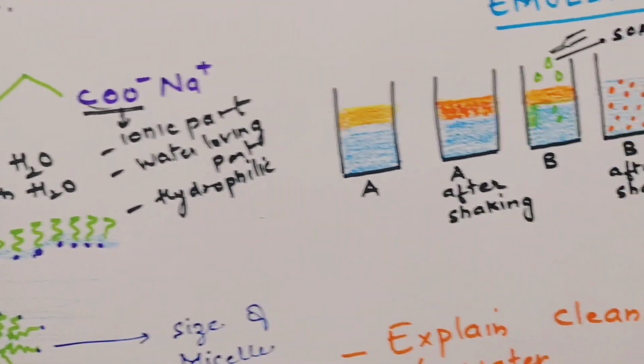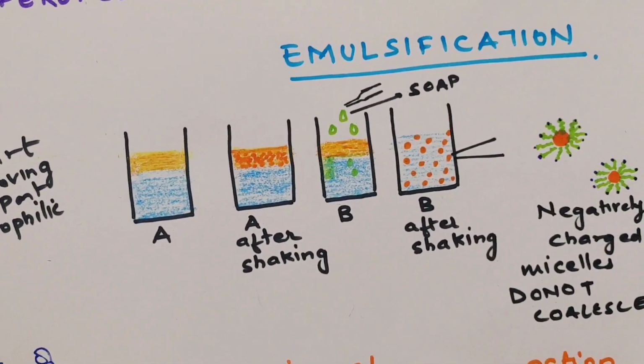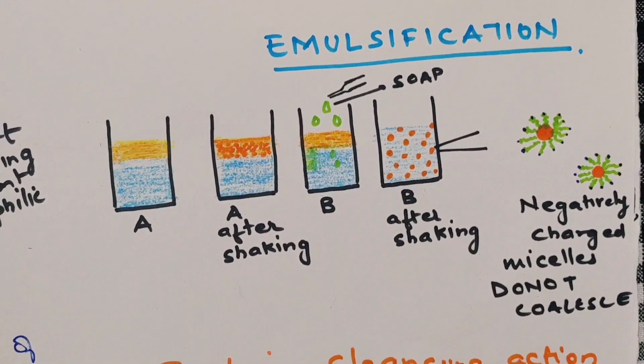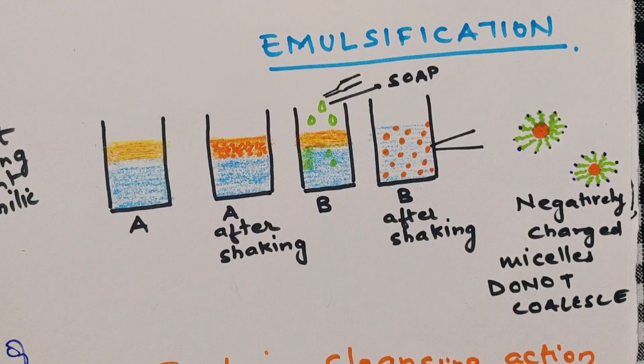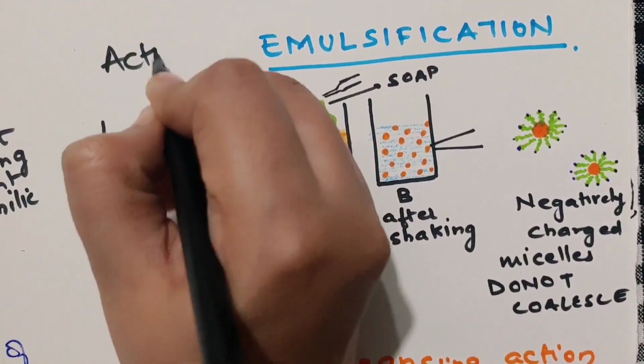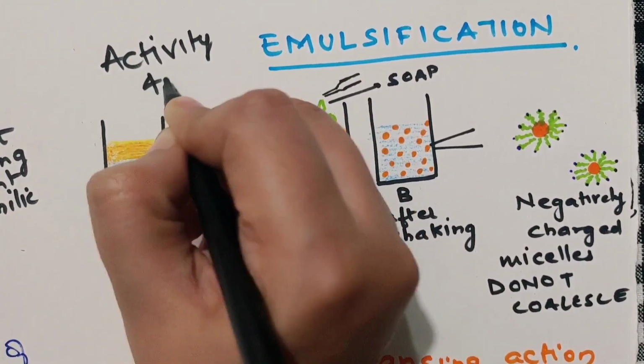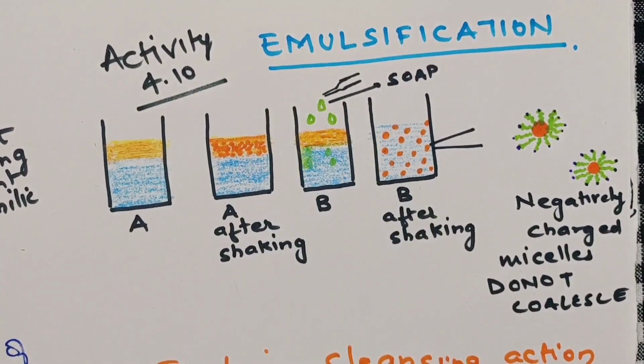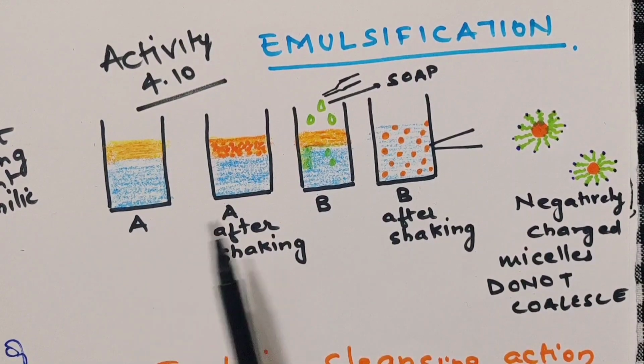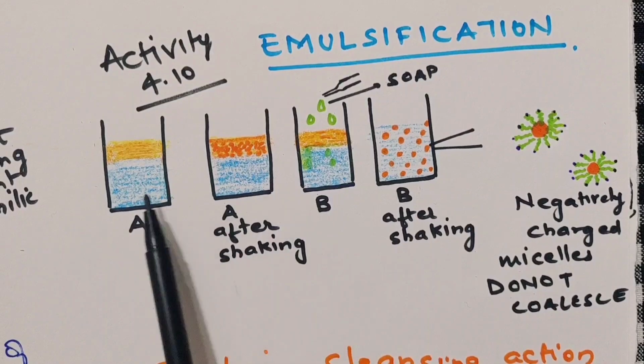Next up we have emulsification. There's a question that says the cleansing action of soap is formation of micelles and also emulsification. Explain. So emulsification is also your Activity 4.10. In that activity, you have taken two test tubes or two beakers with water,